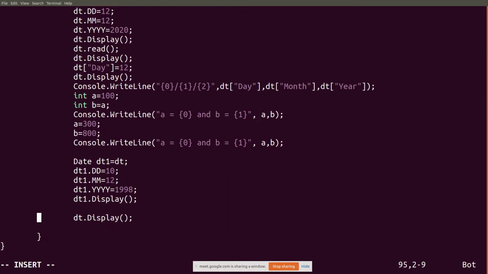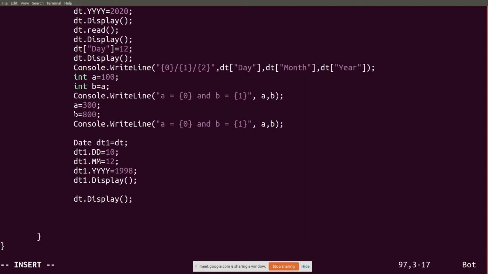Okay. So if you do your program with simple assignment statement, it is going to create only a reference. So if you want to copy the value, what you will be doing, you will say Date dt2 equal to new object Date. But what it has to do, it has to copy the value of dt.